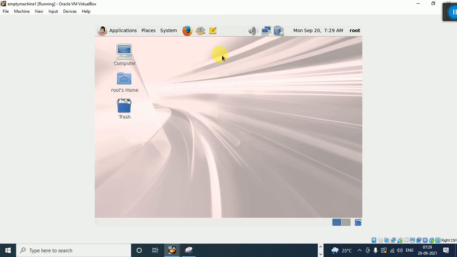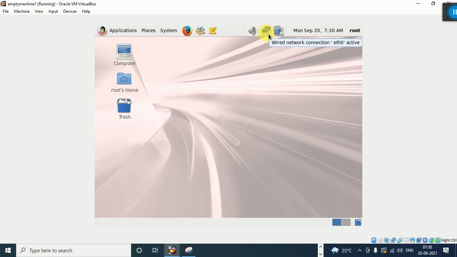In the Linux machine there is a browser, the Firefox browser. This is the computer account in the Linux machine. This is like the recycle bin in Windows, the trash folder. Whatever is deleted comes under this trash folder. After login, now we know how to find which user we logged in as. This is the root user. This is the time and date.